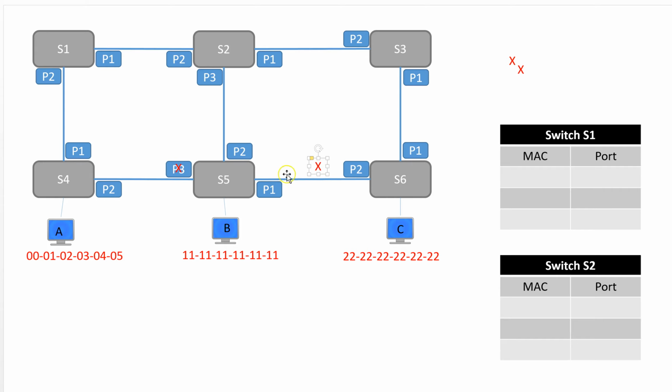And so S5 and S6 negotiate, and S5 says, hey, I'm closest to the root, and S6 says, fine, I'll block my port 2. And now S6 only has port 1 active. S5 has port 1 and port 2 active. Okay, so if I were to draw this